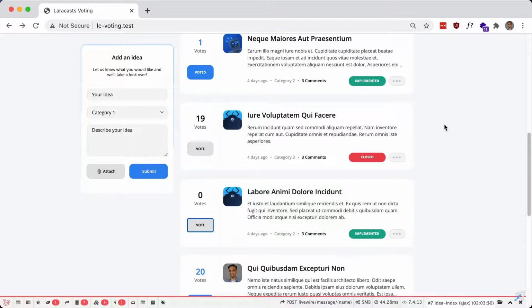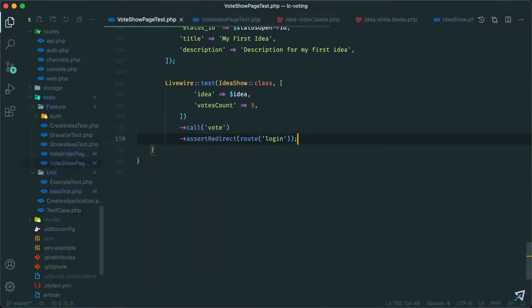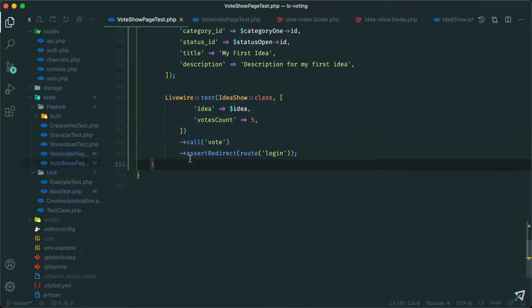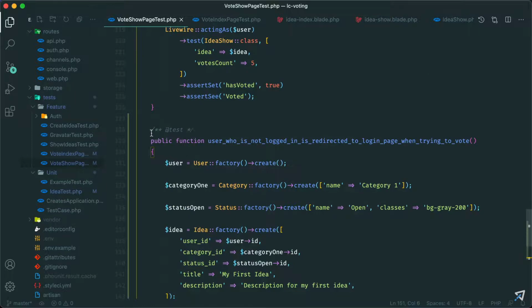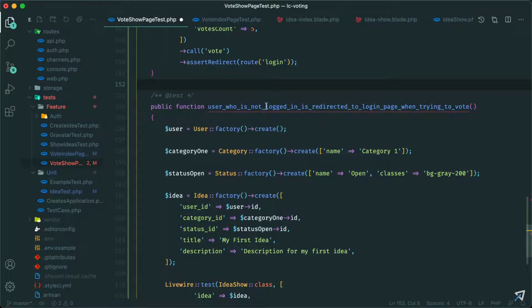So let's finish off by creating feature tests for voting. The tests that we wrote are just unit tests, which is fine, but I want to add two more feature tests for voting and for removing the vote as well. I'll just do it here for the show Livewire component, so vote show page, and then I'll paste it into the index page as well. So let's grab this one. Let's duplicate it, and let's name it user who is logged in